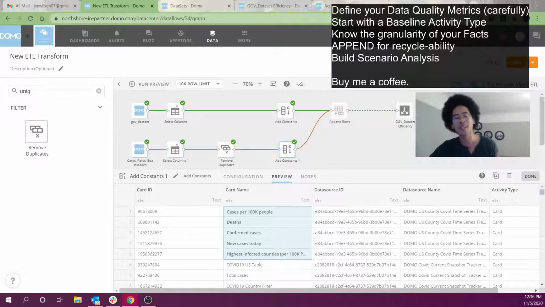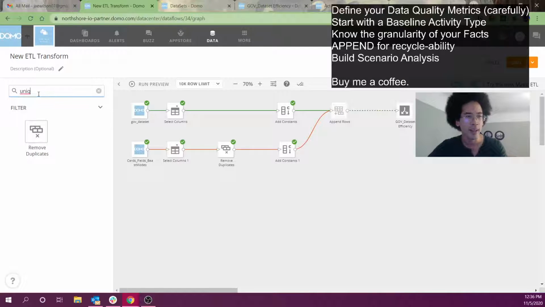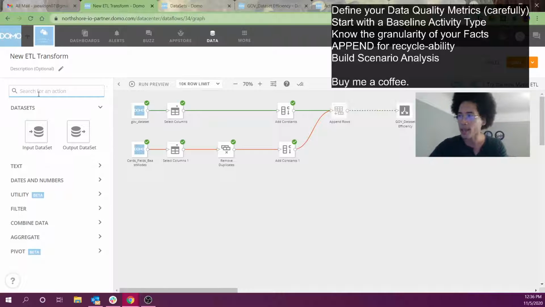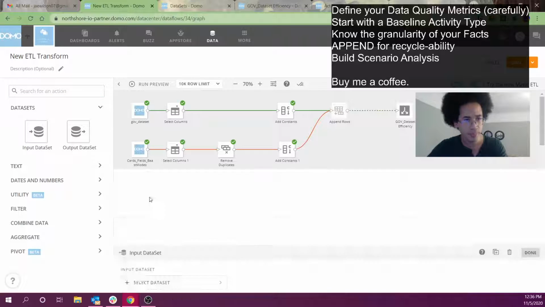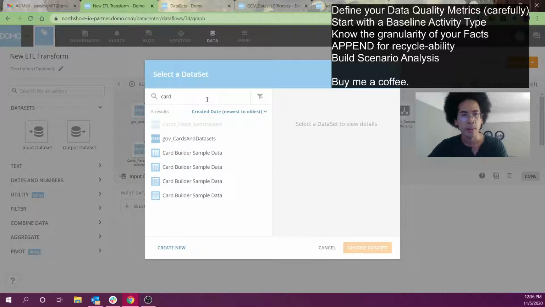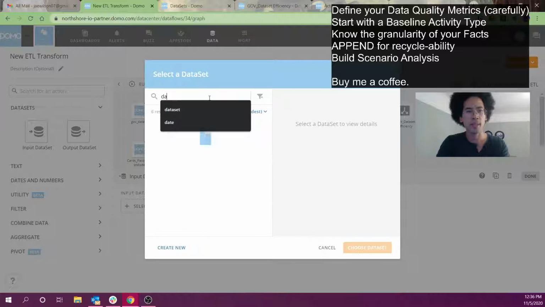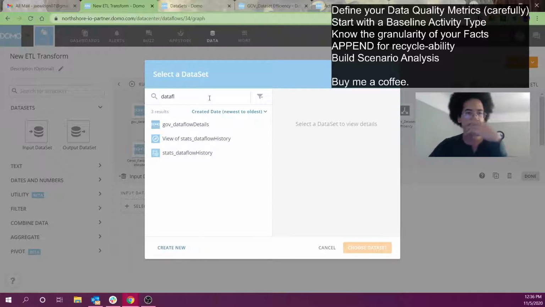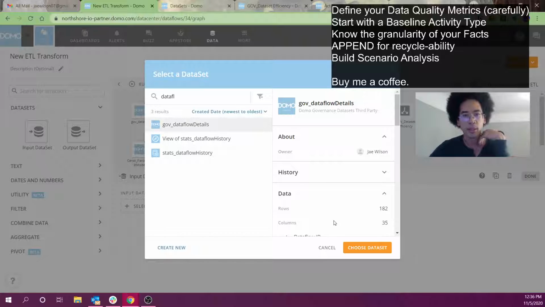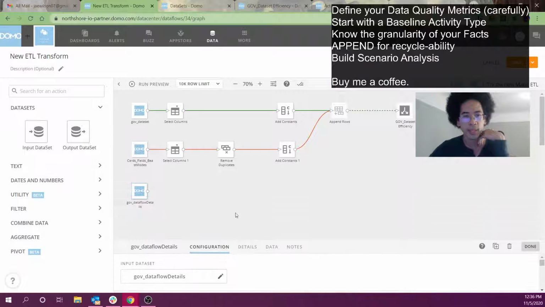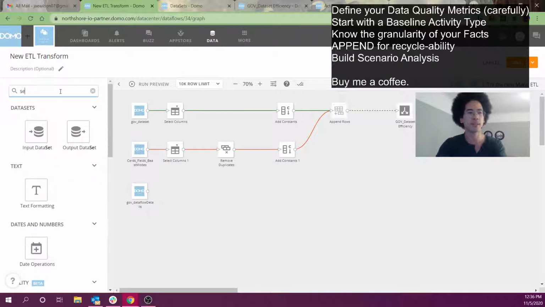I'm going to jump straight into a more complicated one because this is about ETLs. And you know me, I love me a good ETL. All right. So let's see. ETLs are called data flows in Domo language. There is a governance data set called data flow details. And we're going to grab that one and preview it. Let's take a look at